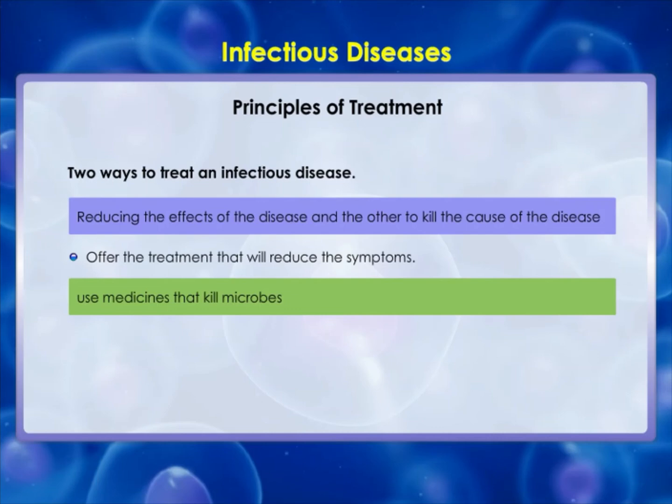For example, our cells may make new substances by a mechanism different from that used by the bacteria. We have to find a drug that blocks the bacterial synthesis pathway without affecting our own. This is what is achieved by the antibiotics that we are all familiar with. Similarly, there are drugs that kill protozoa, such as the malarial parasite.